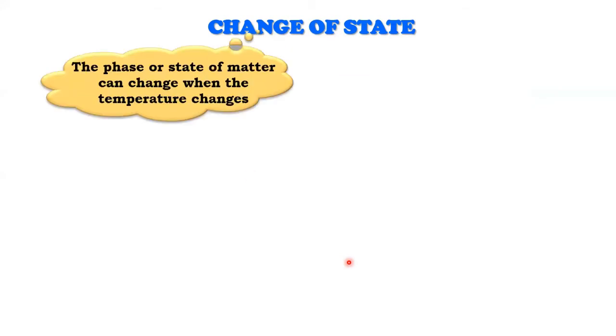Let's see. Now, change of state में यहाँ पे देखो क्या बोलता है. A phase or state of matter can change when the temperature changes. So the state of matter can change when the temperature of the substance changes. आप किसी चीज को गर्म या ठंडा करोगे, what will happen is it will change its state. Most of all, cooler things tend to get to solid state, and the hotter the object, it will be moving towards the gaseous state. Moving on, आगे देखते हैं.